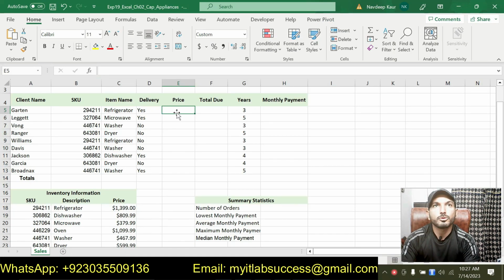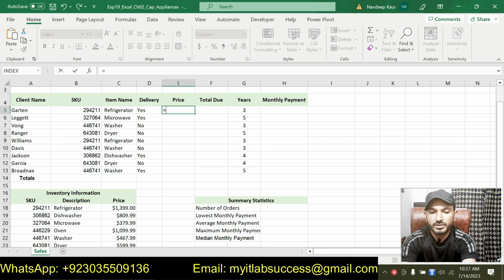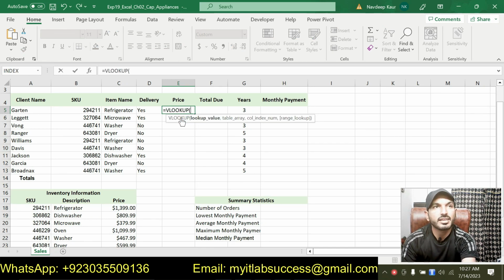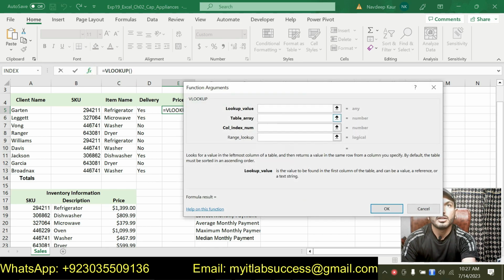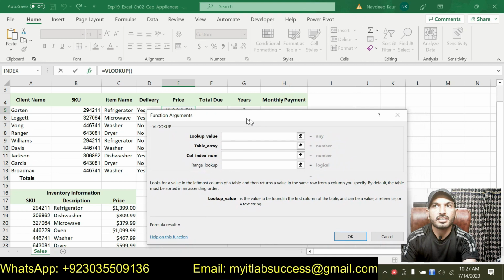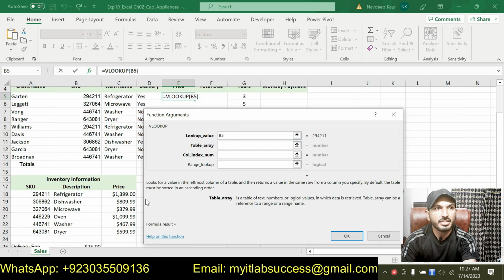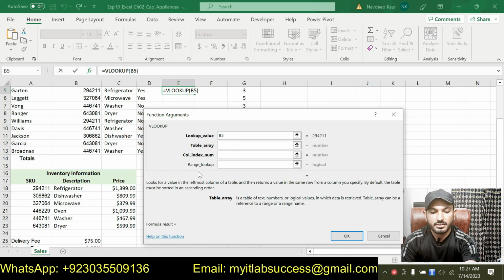So here we are supposed to use a lookup function. So type an equal sign and then type lookup, and we will get this lookup function. Then click on this insert function symbol to type the function arguments. So our lookup value will be B5 because we are looking for the price for this ID, that is SKU ID 294211, and our table array will be again this one, that is A18